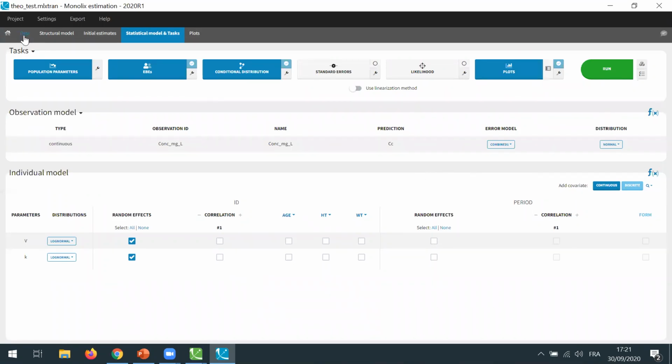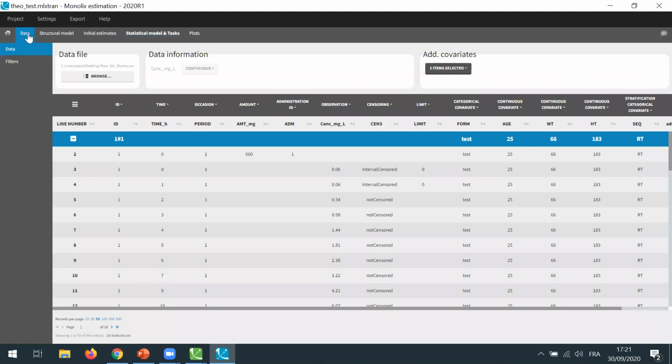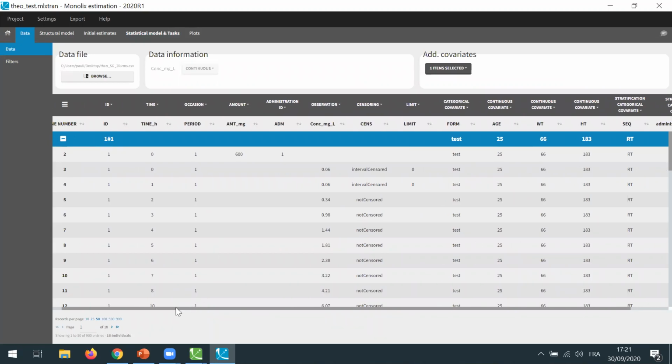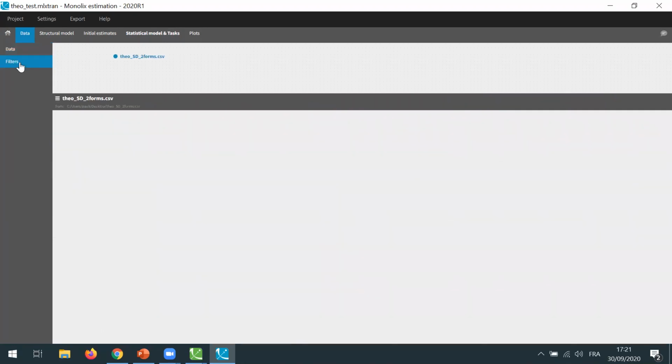And now I'm going to have a look right away at data. So if you remember, when exporting a project from PicAnalytics to MONOLIX, you have everything that is already set up in your project, ready to do some population modeling. But here, instead of reusing the data set as it was used in PicAnalytics, I'm going to filter it to focus only on the individuals corresponding to the test formulation, so the ones that have the test value in the column form. And I can do this with this new module for filters.